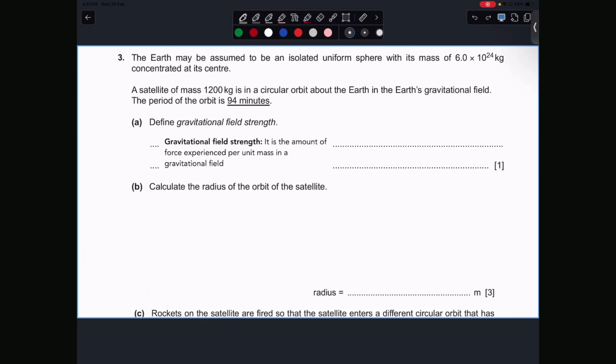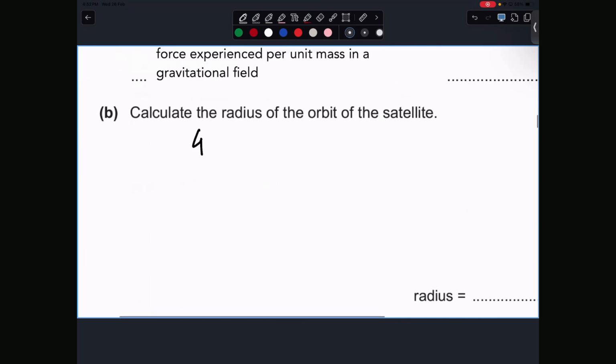Some papers they can directly just jump into it. They are not very clear about this. I personally feel that just to be safe, start with centripetal force equals gravitational force, and then maybe write that equation. Okay, so you'll write GMm by r square is equal to what? M omega square r, and then yes, you can probably directly go to